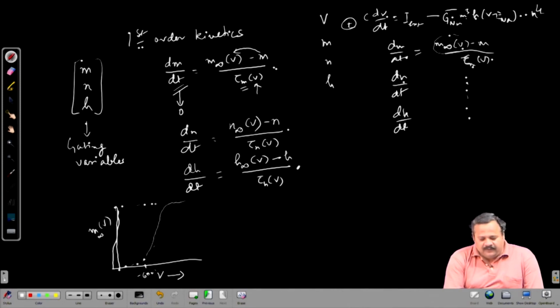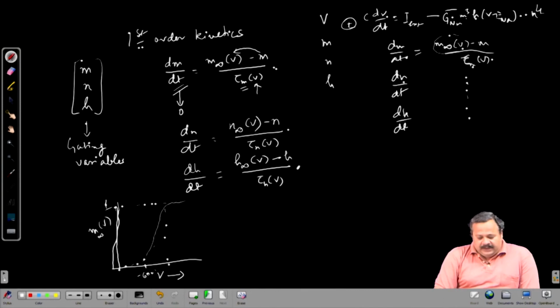So, the exact numbers will be given in your handouts. Here we want to understand the system simply in terms of the characteristics, and the real actual numbers will go into the simulation. So, they reach 1 at a particular voltage close to plus 20 millivolts or plus 40 millivolts, and